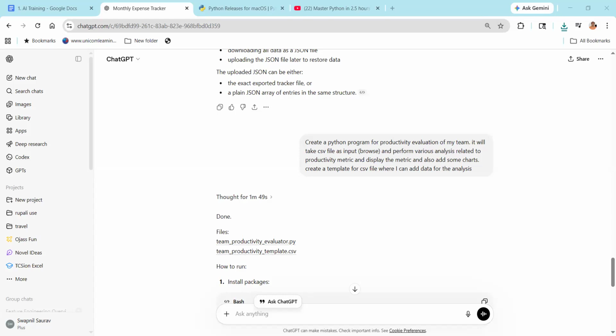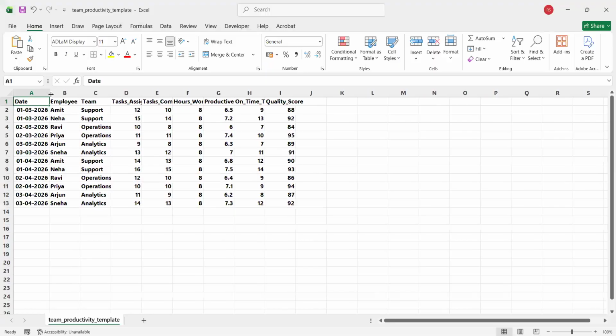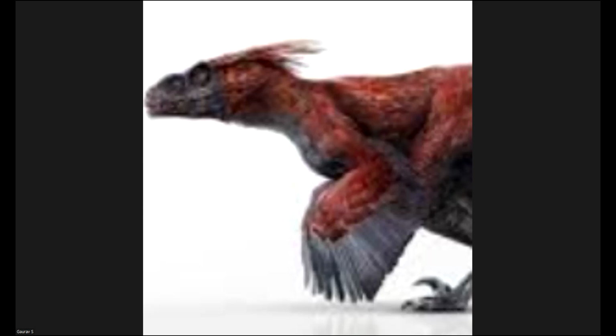Now you see it has even added some dummy data. Employee, team, task assigned, task completed, hours worked, productivity hours. So it has created this template data, so you know what template to add. Once you are done, you save it. You can delete and write your own data here. Then you close it, and we need to copy the Python file